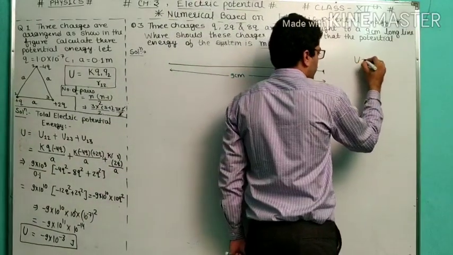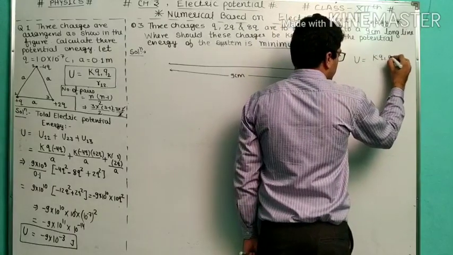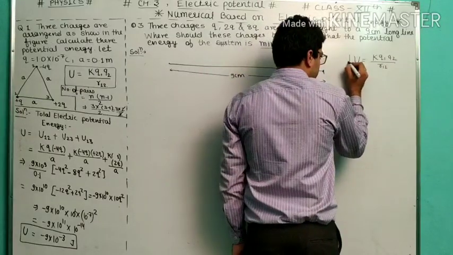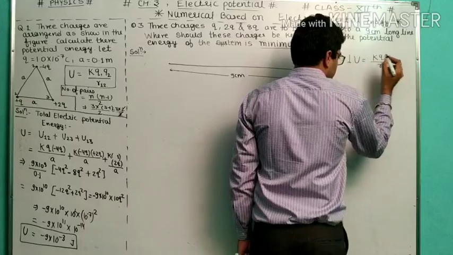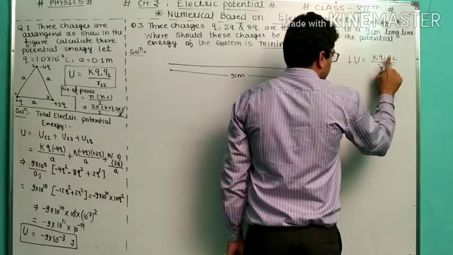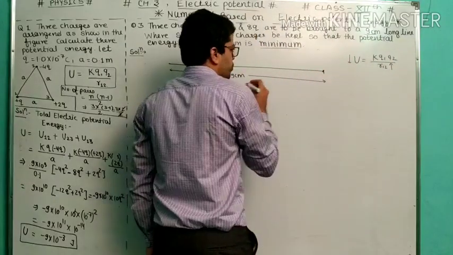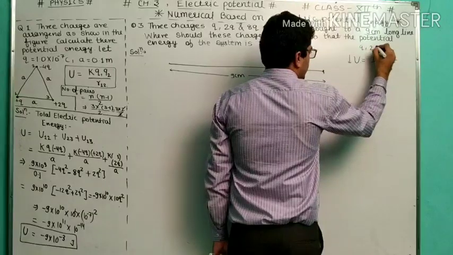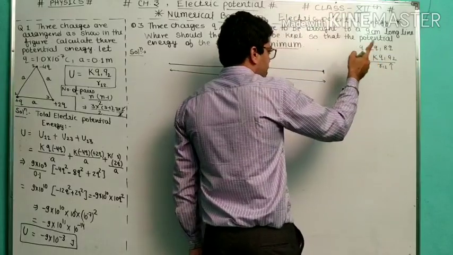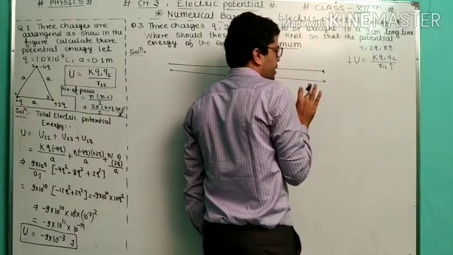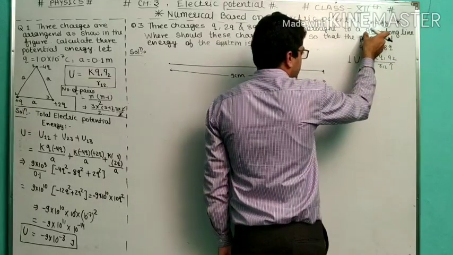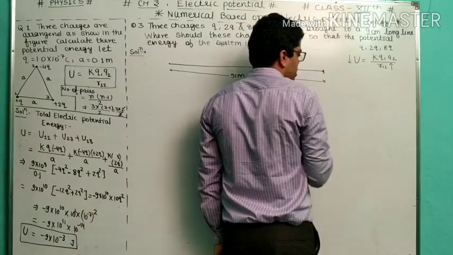So the basic formula you have to keep in mind is K Q1 Q2 upon R12. See, I want minimum potential energy, so I have to increase the distance between two charges. Yes or no? It means I have to keep higher magnitude charges far from each other. So what do we have to do? We have three charges. Q is very small, so I am not taking it at the end points. 2q and 8q are the higher magnitude charges. So I have to keep 2q and 8q with a distance of 9 cm between them, by which I will obtain the minimum potential energy.